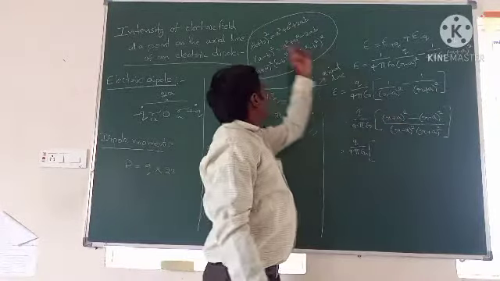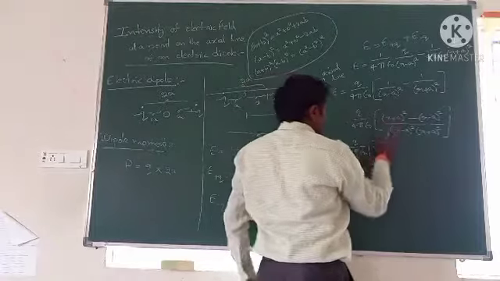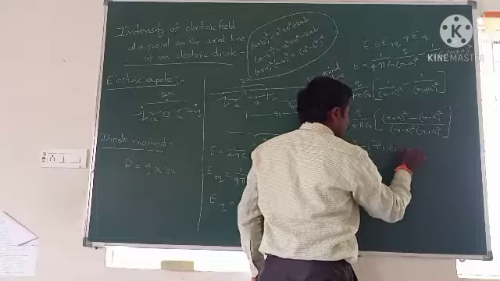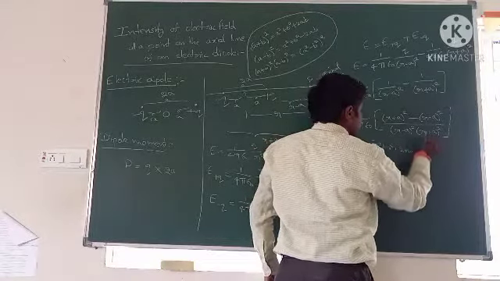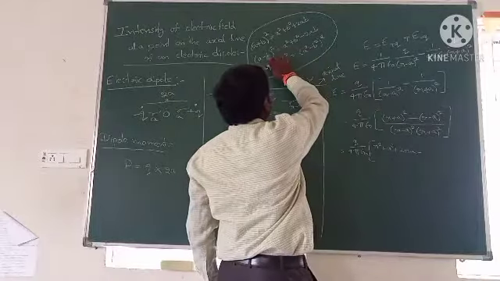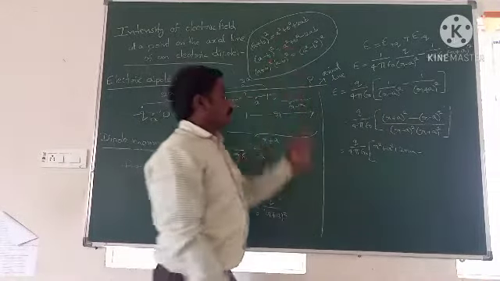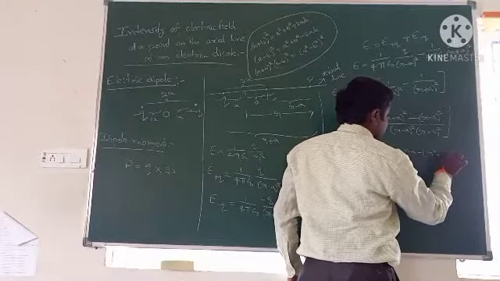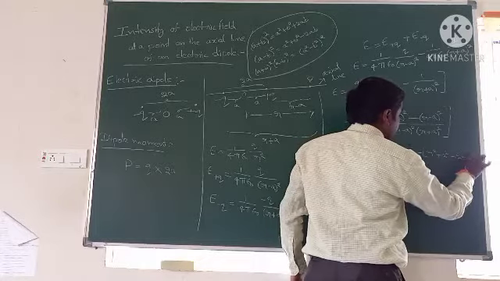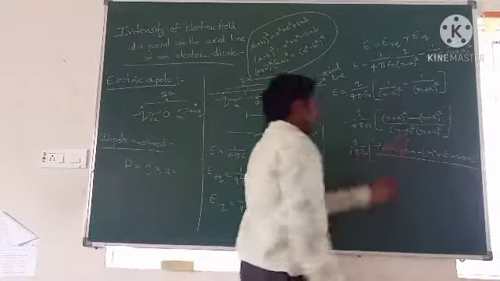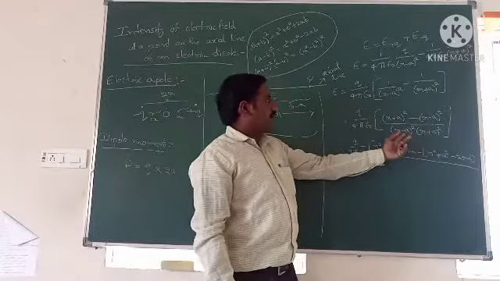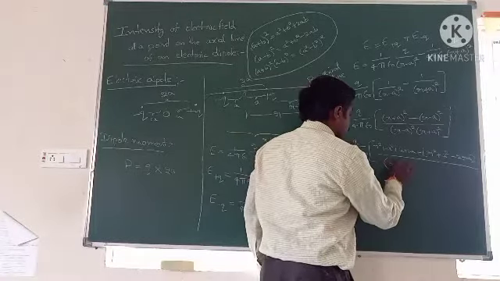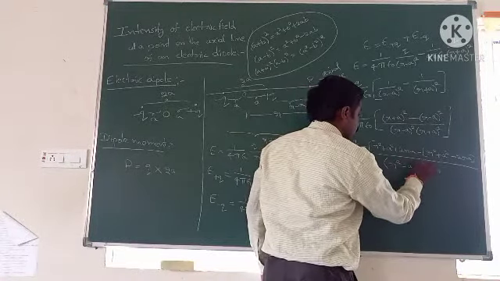So these are the formulas. So (r plus a) whole square is the form of (a plus b) whole square. When you expand this one, you get r square plus a square plus 2ra, minus here (r minus a) whole square. So (r minus a) whole square is the form of (a minus b) whole square. Here you get r square plus a square minus 2ra. So this is in the form of (a plus b) whole square into (a minus b) whole square. So that can be written as (r square minus a square) whole square.